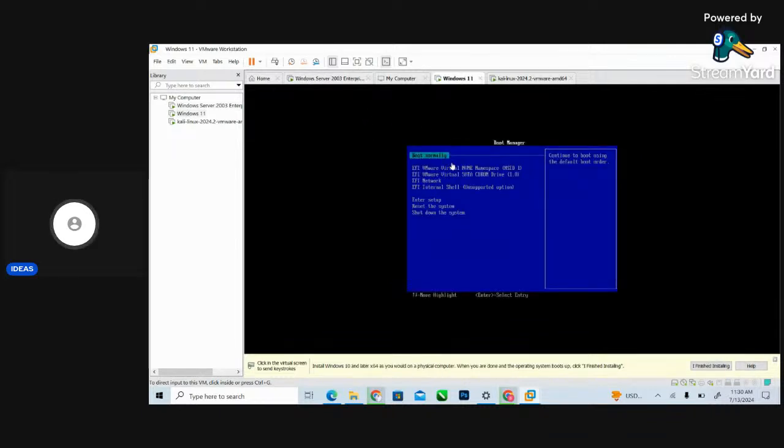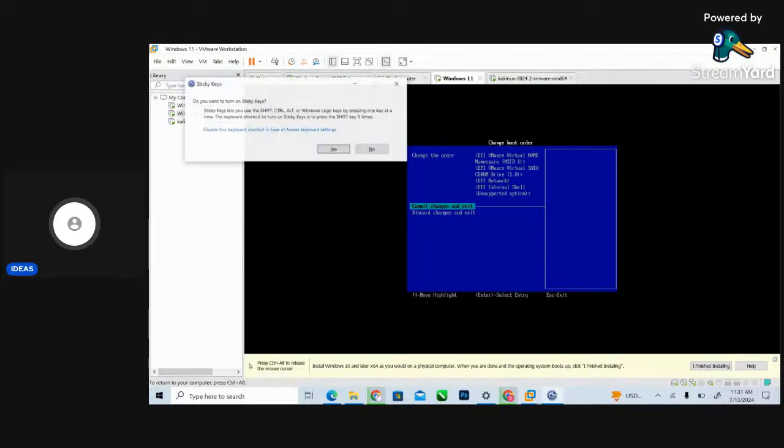Windows 11, VMware is using the default boot order. Enter setup. Use this setup for